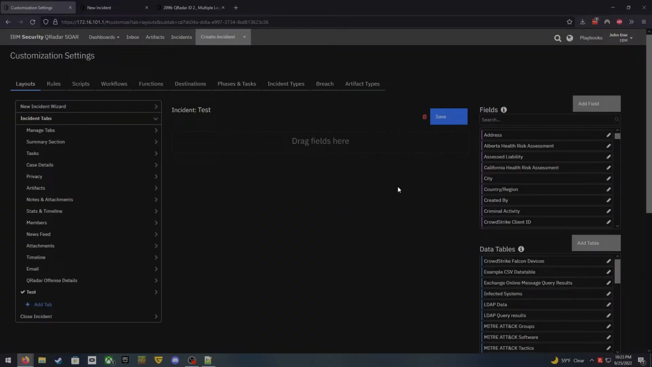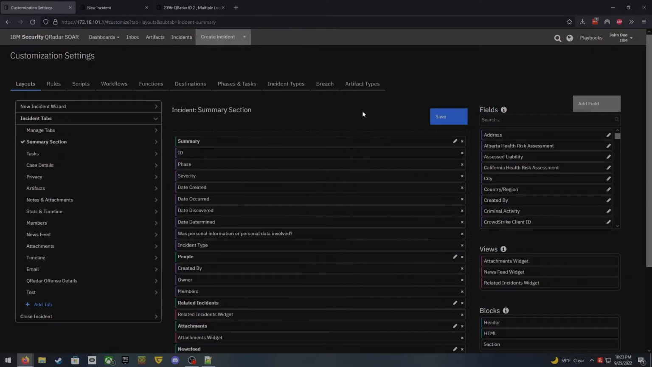All right, now that we're in this tab here, we have the ability to start to customize this tab however we want. Before we actually dive into customizing this tab, I want to touch on one thing because we have all these different tabs that we can edit here, but there's one tab that's a little unique compared to the other tabs, and that is actually the summary section. The reason I say it's unique is because technically it's actually not a tab. It's a section within the incident